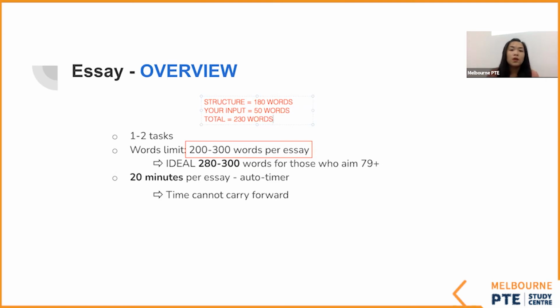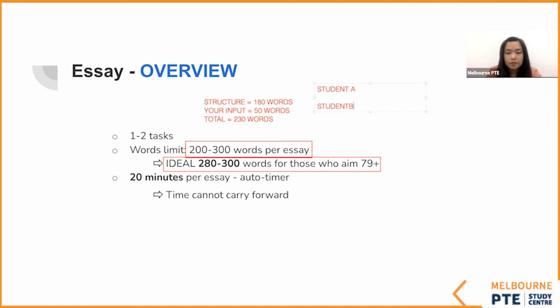Now, for those who aim for 79 plus, because you aim for 79 plus, you need to follow how the computer expects you to do it to get your desired score, okay? The ideal word limit is 280 to 300 words, okay? The reason why you have to write between 280 and 300 words is because of how the computer marks you. Okay, student A,